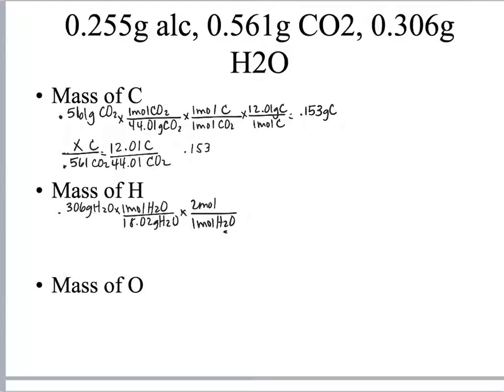All you have to do is look at the formula, 2 moles of hydrogen in it. Now I can convert that to grams, and since I'm just dealing with hydrogen, not a hydrogen molecule, 1 mole of hydrogen atoms is 1.008 grams of hydrogen atoms. If you doubled this and did H2, then this mass would double as well, and it really wouldn't make a difference mathematically. This comes out to approximately